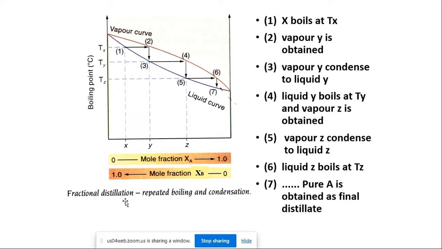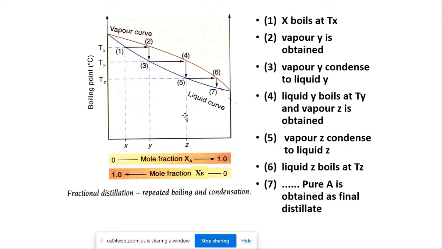right? Fractional distillation, I think all of you have heard about crude oil distillation, right? In early years they refined petrol, diesel and gasoline, all of that, from crude oil, right? That is called distillation. If you have a mixture of all, here we are discussing only two, right? In that case you have a mixture boiling point and pure boiling points,